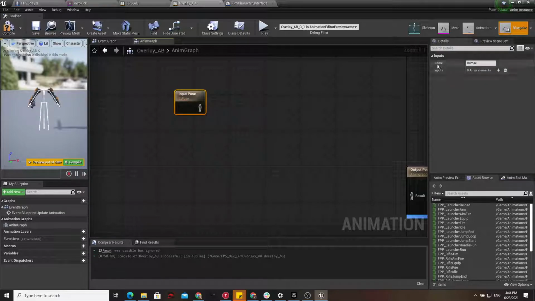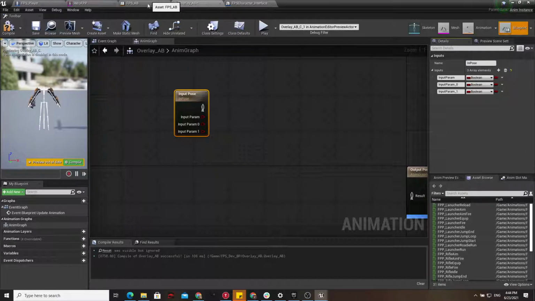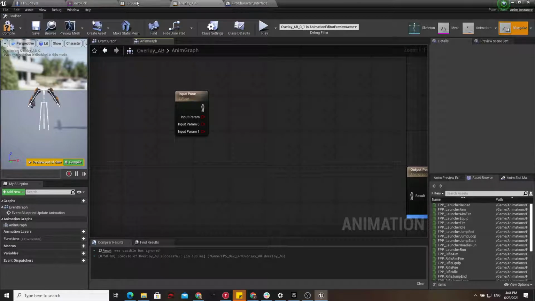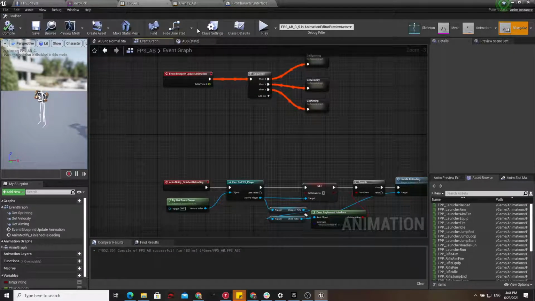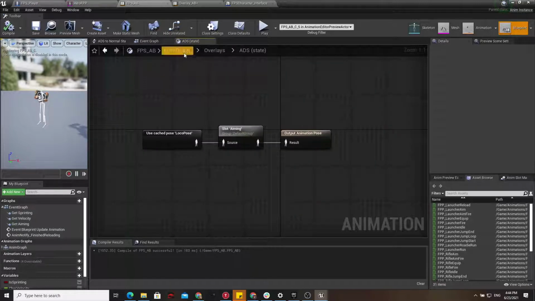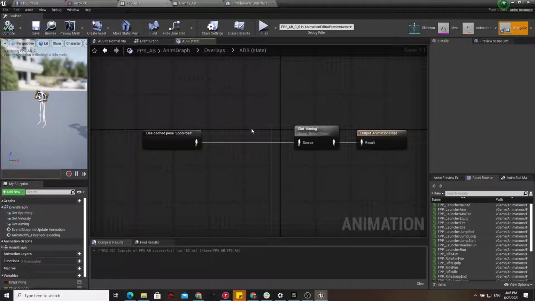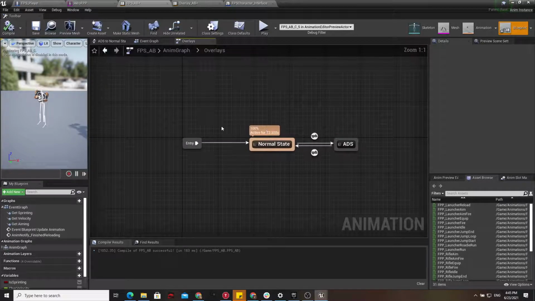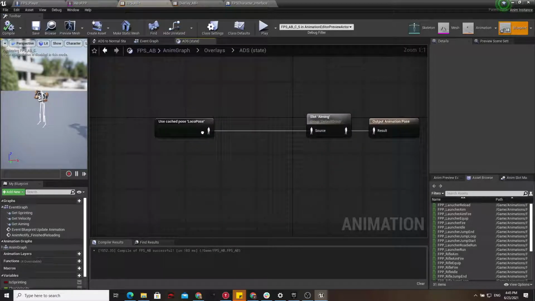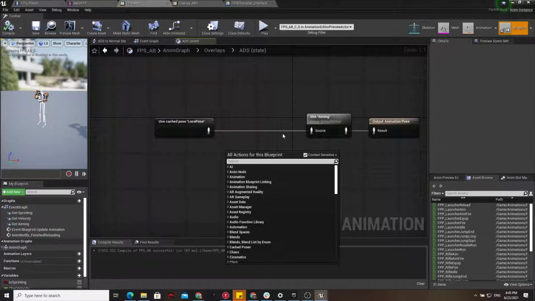And we can also add different types of variables. It's like an actual function, with the pose itself being one of the variables. So if you want to send something like booleans or something else, just feel free. It's completely fine. And you can call this animation blueprint inside the FPS blueprint, which is exactly what we're going to do for this state, I believe. Yeah, in here. So we are inside overlays, we're going to ADSing, and we're going to be handling the ADSing logic from here. So what we need to do is to call